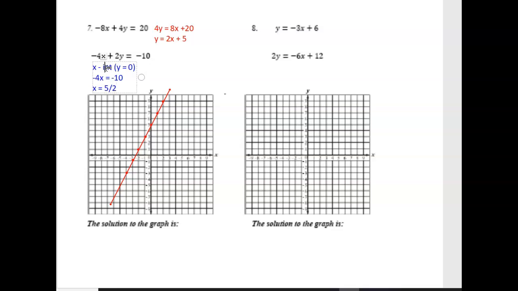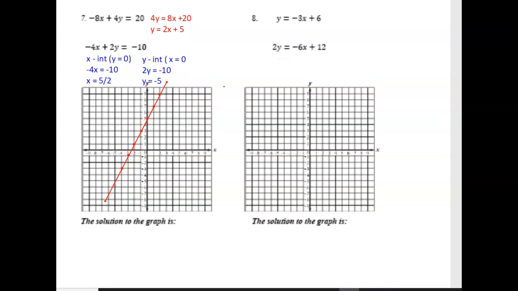And then your y-intercept occurs when x is equal to 0. So that would be 2y equals negative 10, or y equals negative 5, which is much easier to graph. I mean, 5/2 is 2.5. It's not terrible. So it goes through negative 5, goes through 2.5,